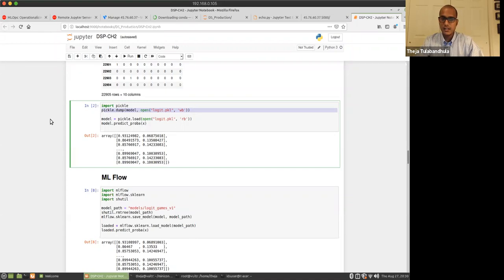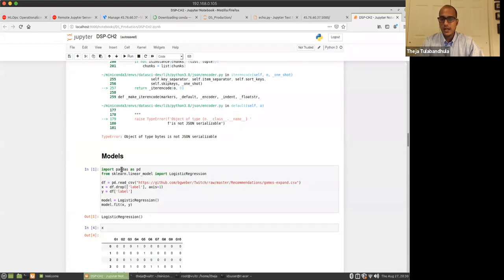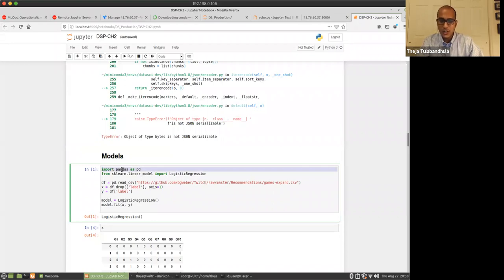Maybe I fit this model using Pandas version 1.2 in Python 3.8, and I have dumped the model onto disk using, let's say, pickle. Then you may run into errors because of incorrect packages in the target environment where you want to read the model. So to fix this and many other aspects, we'll use a